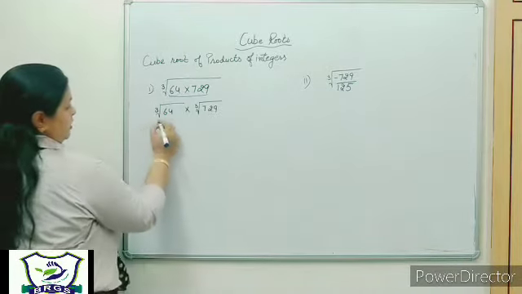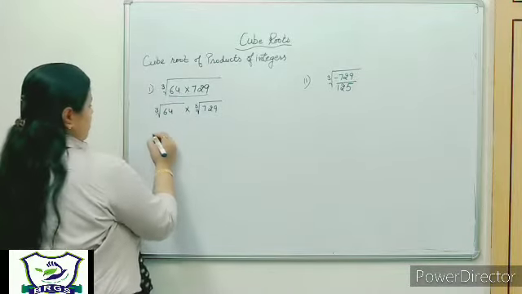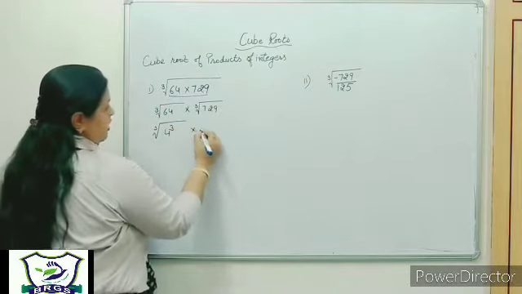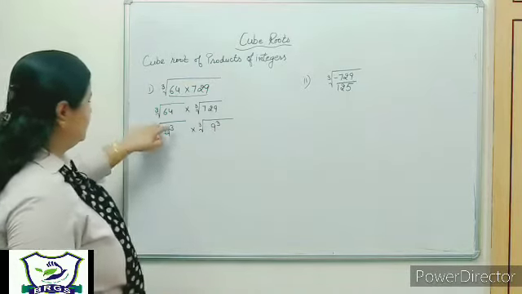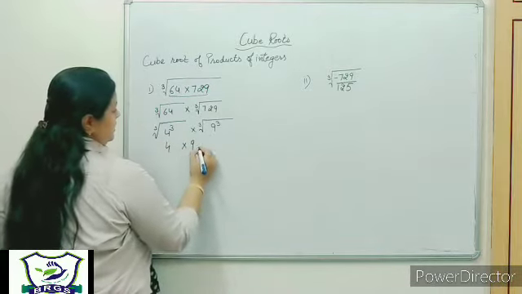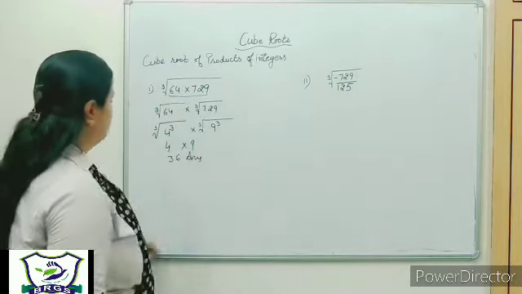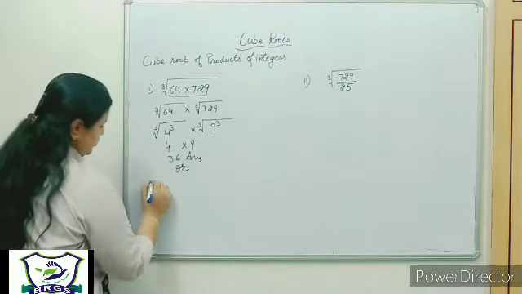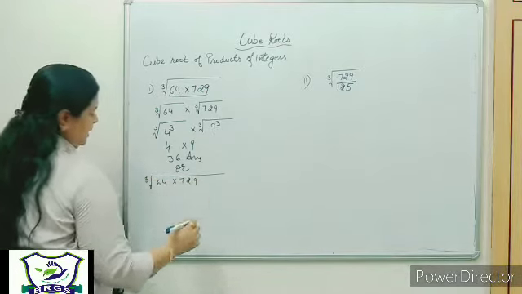दोनों मेथड देखते हैं. By now we are clear that 64 is cube of 4. कर करके प्रैक्टिस हो जाती है ना. Now 64 is cube of 4 and 729 is cube of 9. Now 3 and cube root will be cancelled. 4 into 9, answer is 36. So cube root of 64 into 729 is 36, and or you can do like this also. Cube root of 64 into 729.